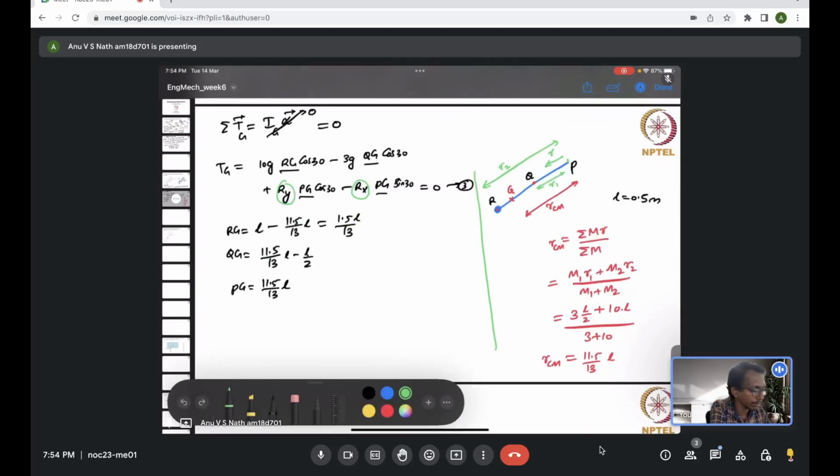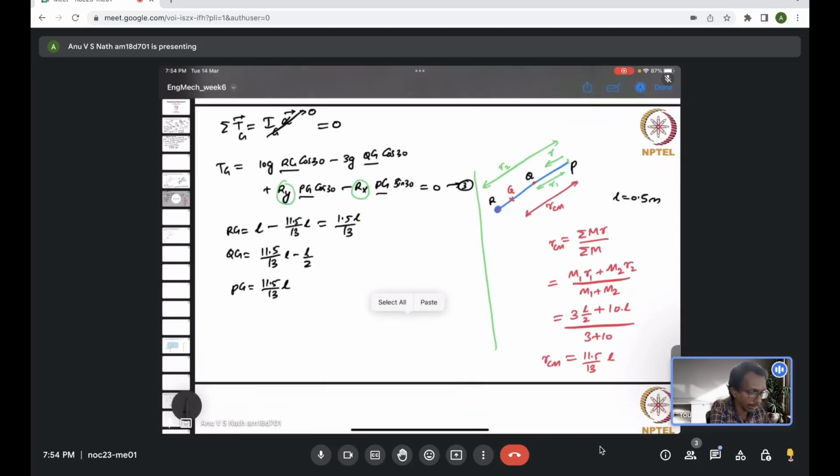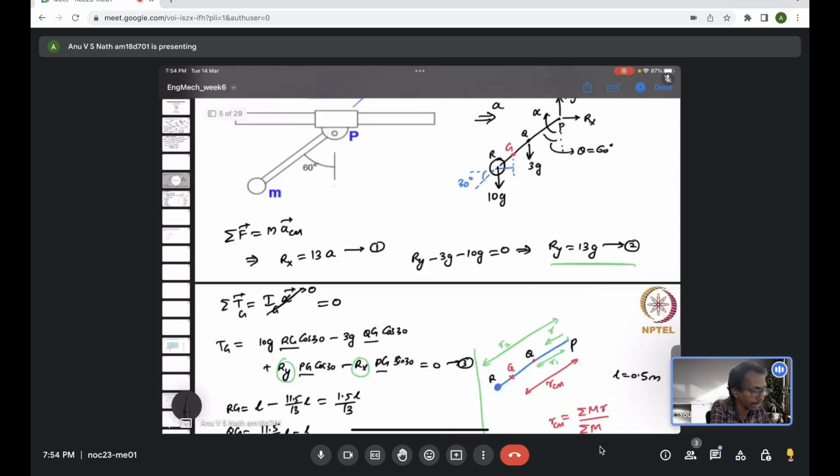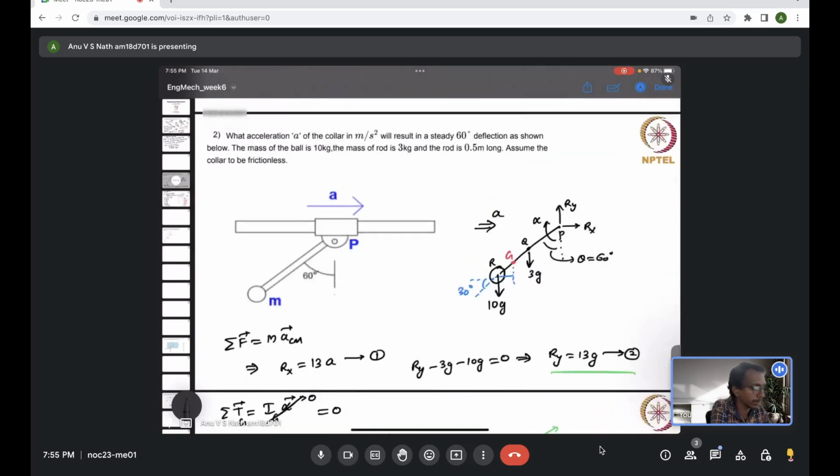So you will obtain the solutions like this. You will get Rx being 221 Newton, Ry being 98.1 Newton, and the acceleration is around 17 meter per second square. So you have to accelerate with an acceleration of 17 meter per second square